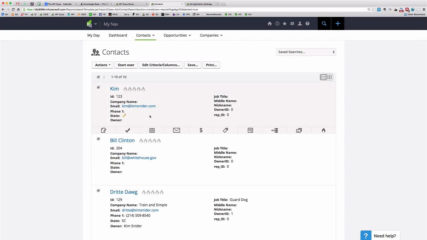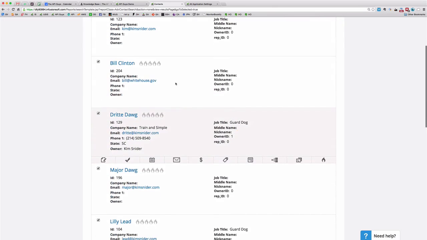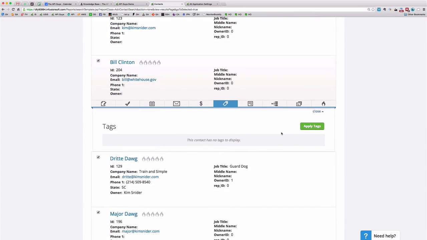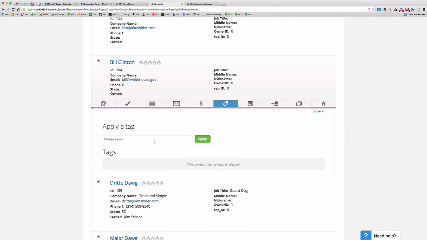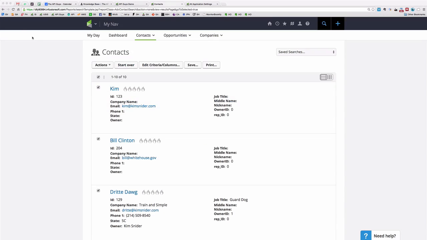So let's go to one of the contacts in the sandbox. It is, as you can see, Election Day, November 4th. So it's probably fitting that we use one of our presidential contacts here. So I'm going to go to Bill Clinton, and I'm going to apply tags, and I'm going to apply that KimTest tag, and I'll say apply. So we will refresh